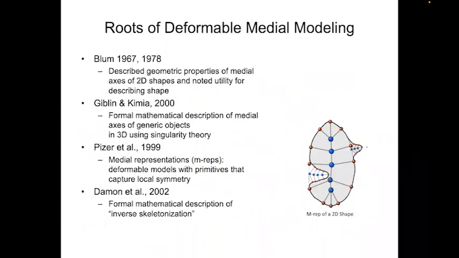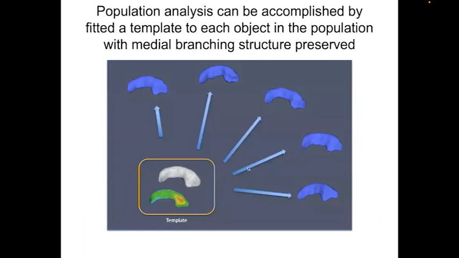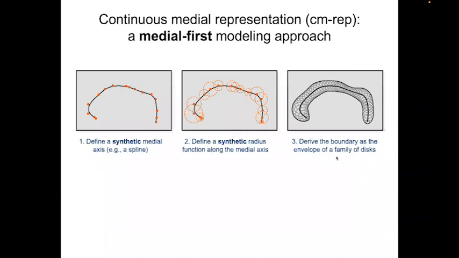All right, so this figure is I think still from my thesis. This is the earliest concept of continuous medial representation, where we would define a synthetic medial axis as some kind of a spline. The red points here are control points. We would assign every control point also a radius value. So a control point had an X and a Y and an R. And then we would use the spline functions to interpolate the medial curve and also interpolate this continuum of circles,